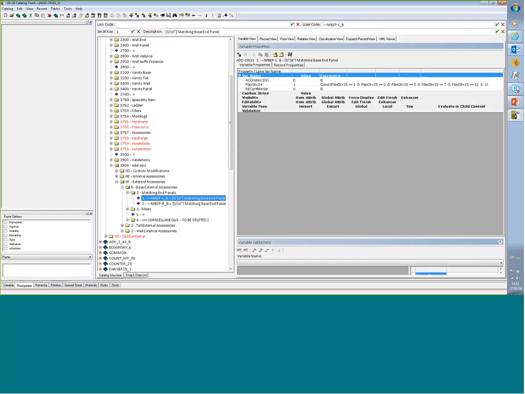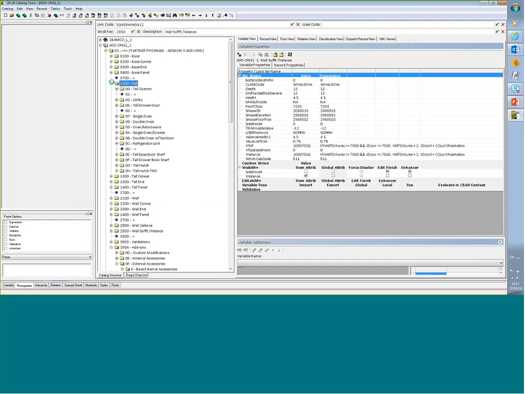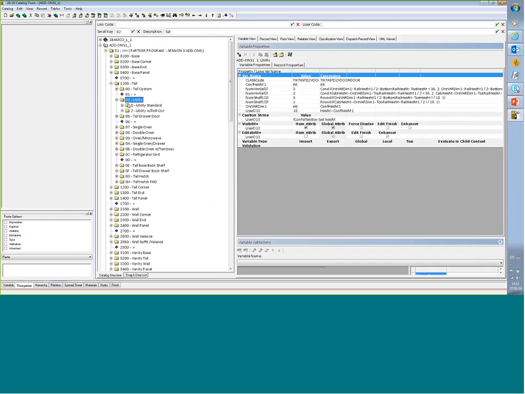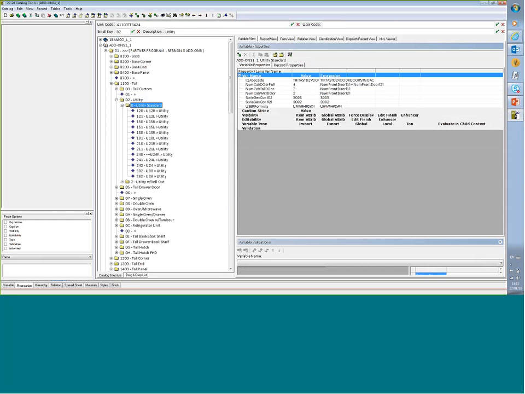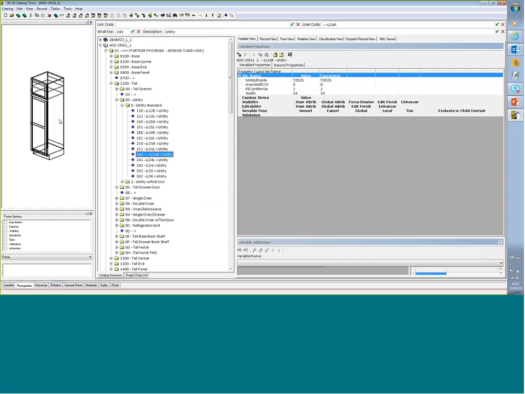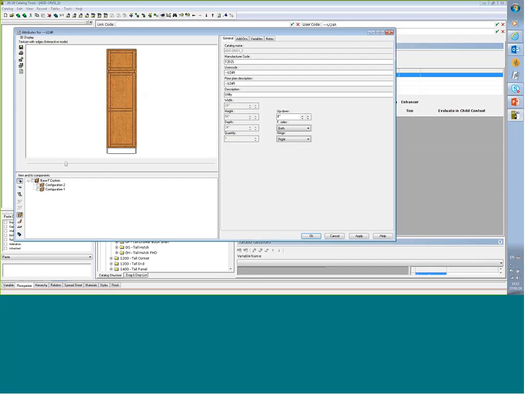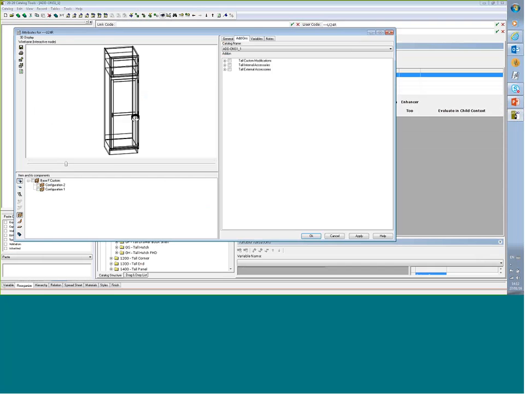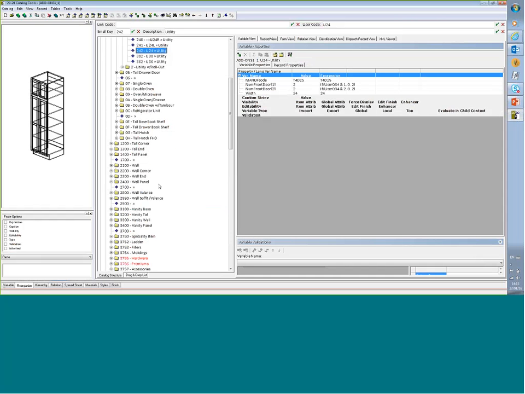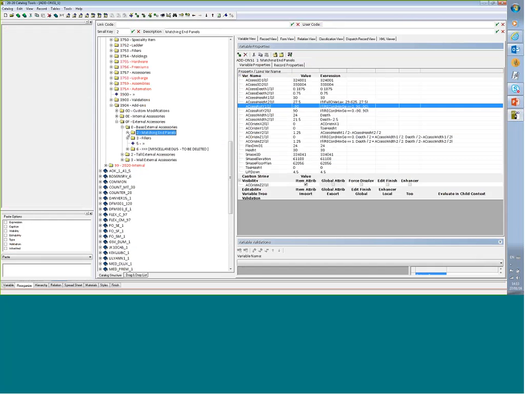So in this case here, we have the tall, let's say it's a tall broom cabinet. I have removed for this purpose here the shelf within the bottom section. So we can select here tall internal accessories, closet rod. So we can add a closet rod here, which is an Access 3D. So if we go on the add-on